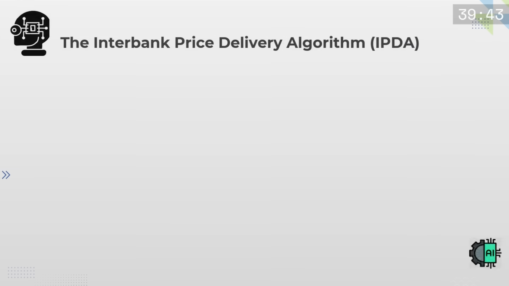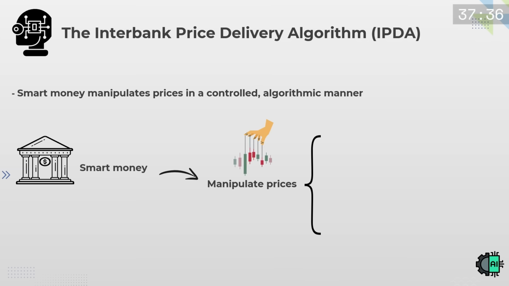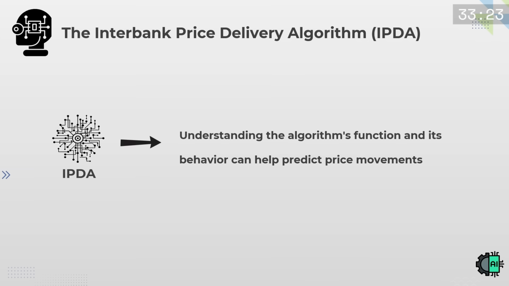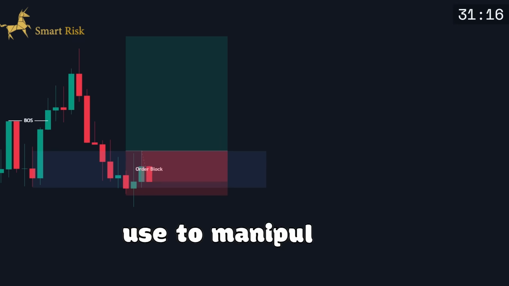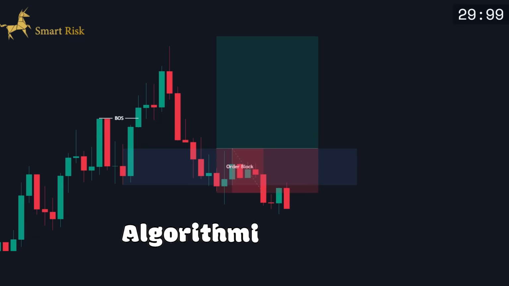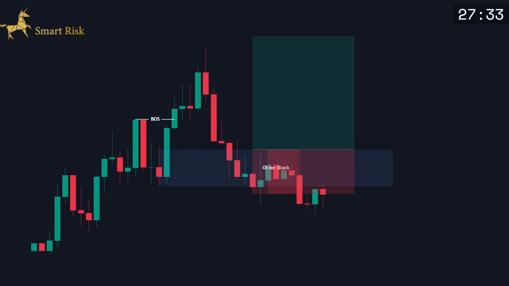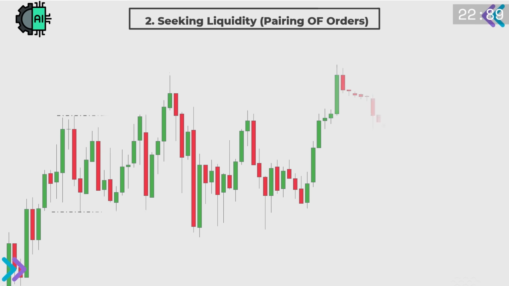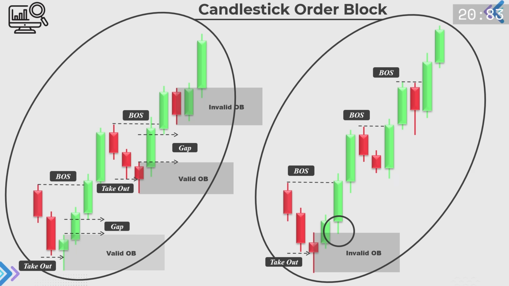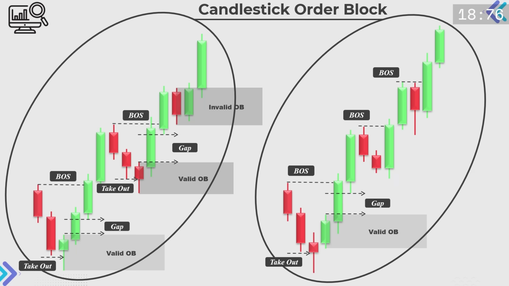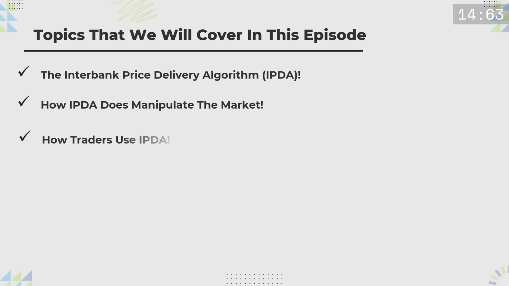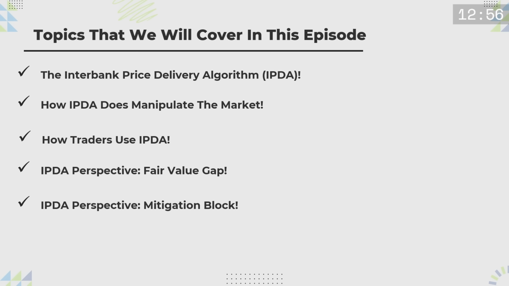Today in this video, we will talk about the market's core algorithm, the interbank price delivery algorithm, which institutional players use to manipulate prices in a controlled, algorithmic manner. Understanding how this algorithm functions and recognizing its behavior will give you insights into predicting future price movements and protect you from the traps that smart money sets for retail traders. We'll also explain the 3 key market analysis tools from the IPDA perspective that every trader needs to master before